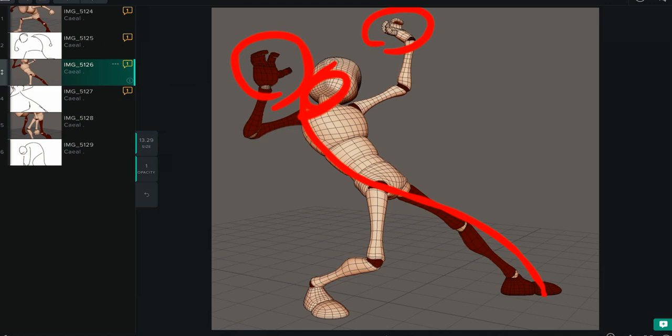So I don't have much to critique about this one other than the shoulders. So again, the shoulder points are here, and if you draw a line between them, it's straight. So you always want to try to avoid that. In this pose, it's very simple. The arm that's more up, the shoulder should be more up. The arm that's more down, the shoulder should be more down. So in this case, this arm is more up, so I would bring this shoulder up a little bit, or I would bring this shoulder down a little bit, just to make a difference in terms of where the shoulders are positioned so that they don't look like they're